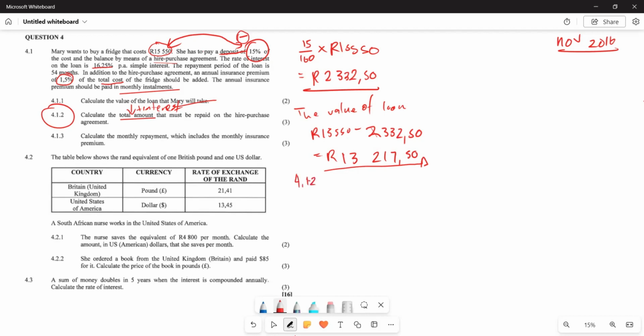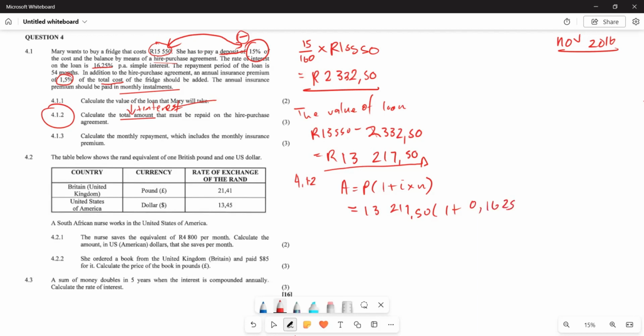This is going to be A equals P times (1 plus I multiplied by N). And what is the principal amount there? The principal amount is going to be 217.50 times the bracket 1 plus what is the interest given there? It's 16.25. So this is going to be